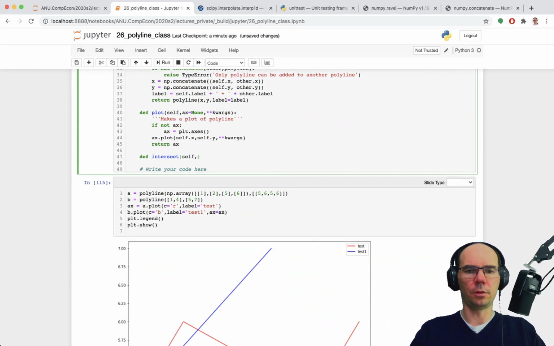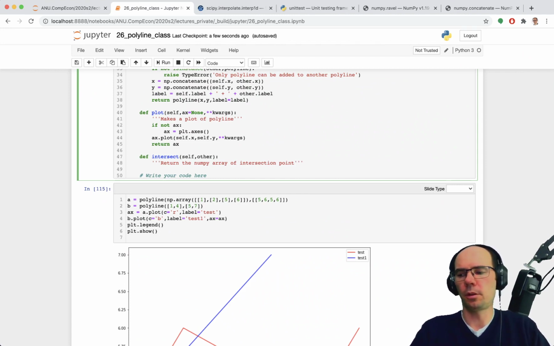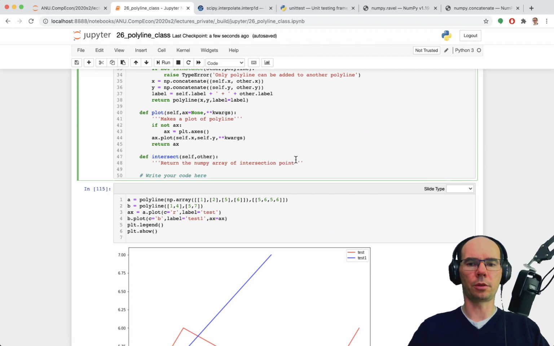It will take two polylines, myself and other, and returns the NumPy array of intersection points. Now, each point will have two coordinates, x and y. Should it return the NumPy array or something else? What's the best way to do it? Well, let's do a NumPy array of intersection points,